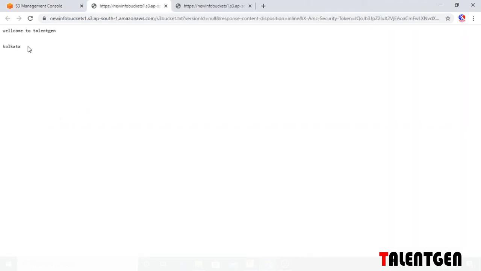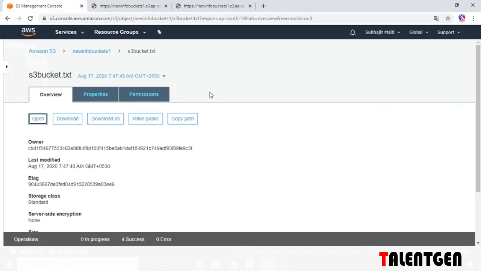Now this is my previous version. Because we enabled the versioning feature, this bucket stores multiple versions of the object. This is the feature of versioning.